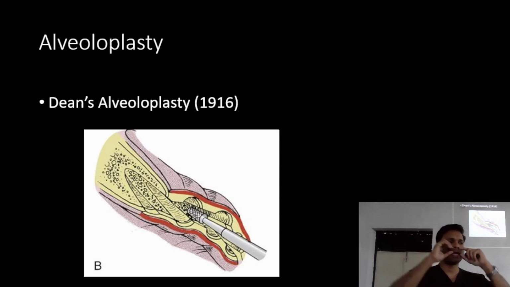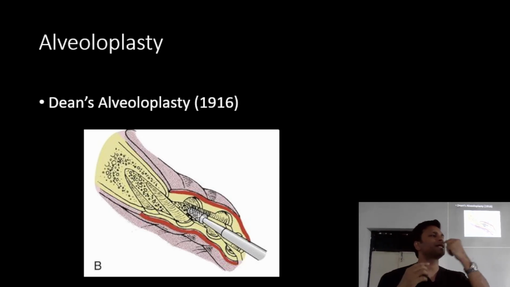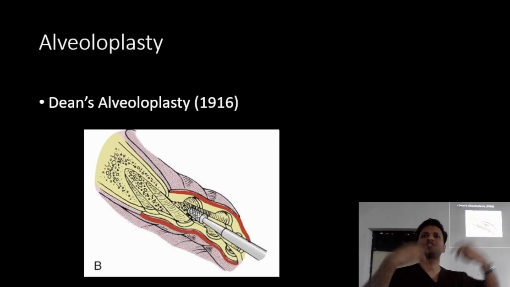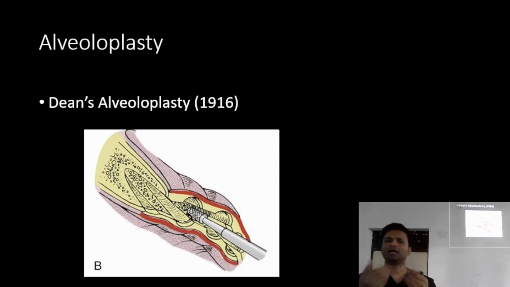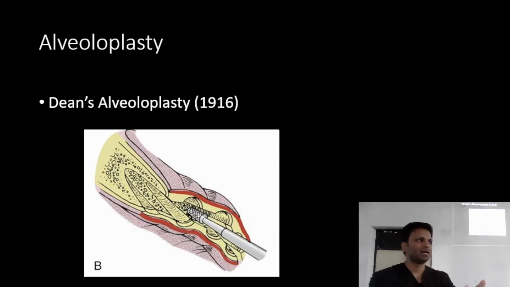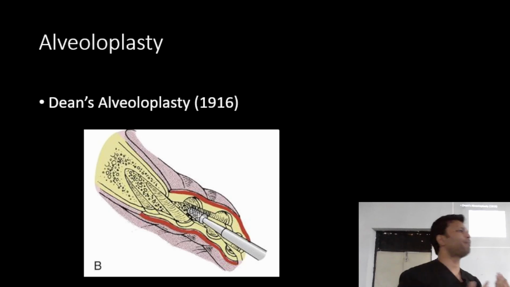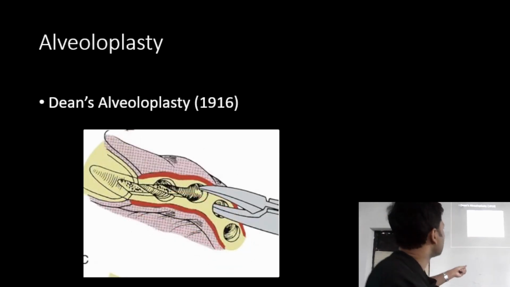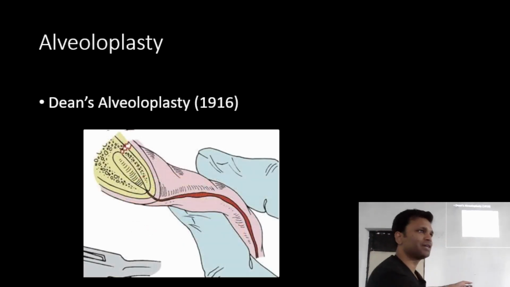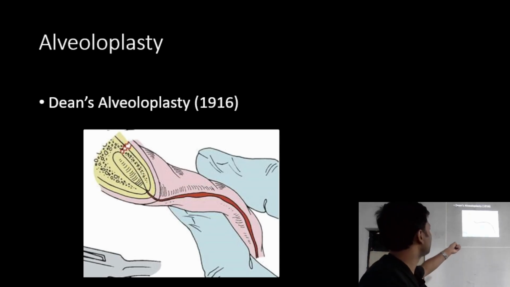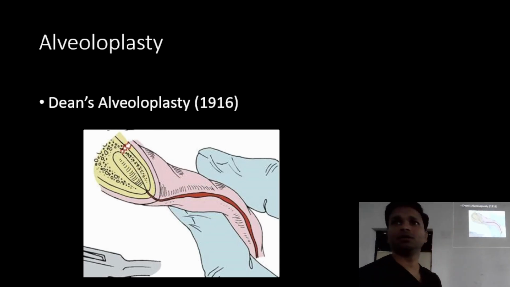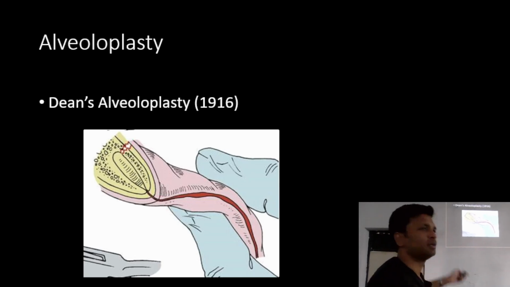Now we just have the labial cortex that is attached to the superior aspect. बाकी हर तरफ से it is free. Interdental bone भी नहीं है. Now if we apply pressure, it will be easily moved towards the palatal cortex, right? So that's what we are doing. We are going to apply pressure with the thumb and fracture it at the superior margin जहाँ पे it is attached to the alveolar bone, right? समझ आया? Yes or no?